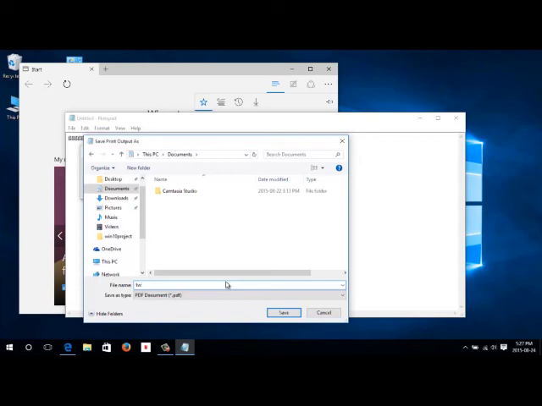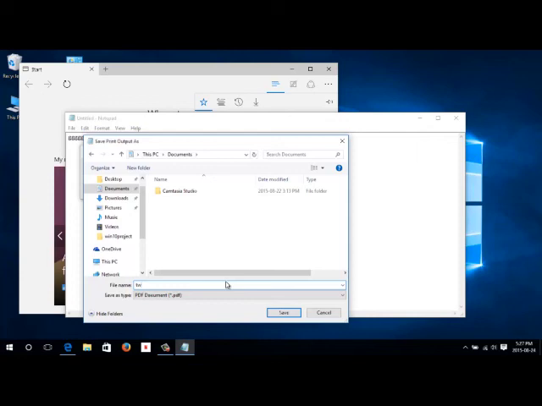Okay, and it's creating a PDF out of it. So now if we go into our documents, here is our PDF file. Okay, and then it asks us what we want to bring it up with. So we can bring it up with Microsoft Edge or pick another tool there. And there, Microsoft Edge brought us into the